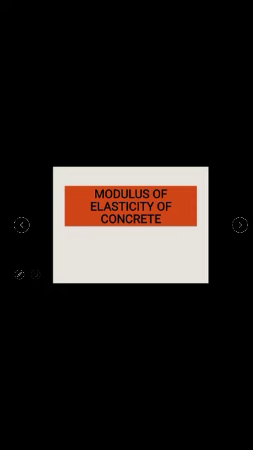So as we all know, modulus of elasticity is constant for a few materials, but concrete is a heterogeneous material, a mixture of three elements: water, fine aggregate and coarse aggregate. Concrete behaves a little differently, so its modulus of elasticity is determined in a different way compared to other homogeneous materials. Concrete is again of two types: plain cement concrete and reinforced cement concrete. Here, concrete means plain cement concrete.